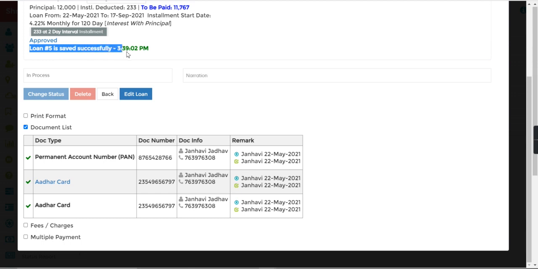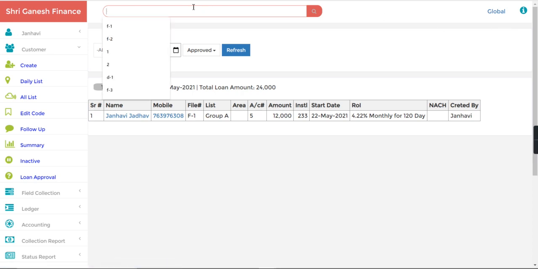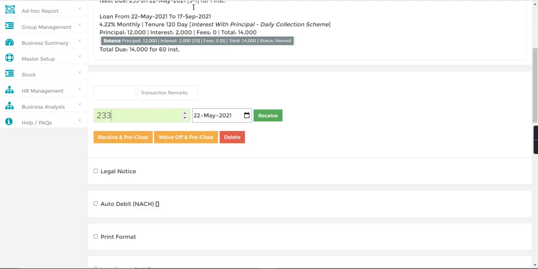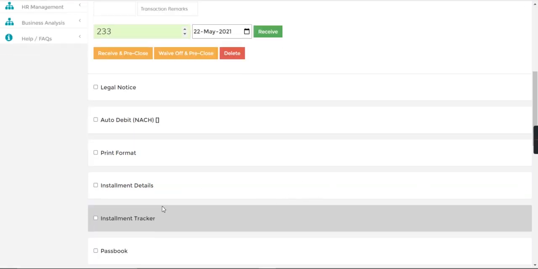Here you can see loan number 5 is created successfully. Now I will search this loan from the search bar. I will just enter 5. Here you can see we have disbursed loan after the document verification. And you can check the tracker.